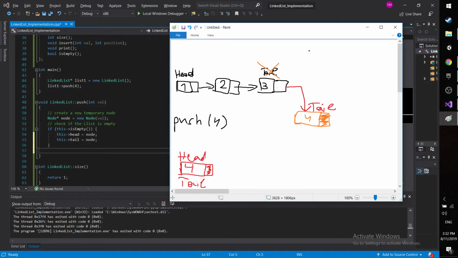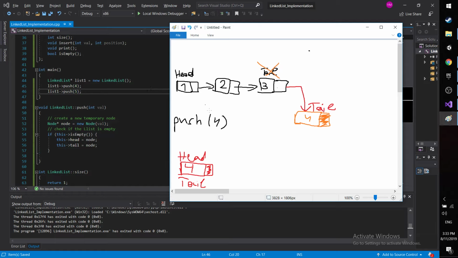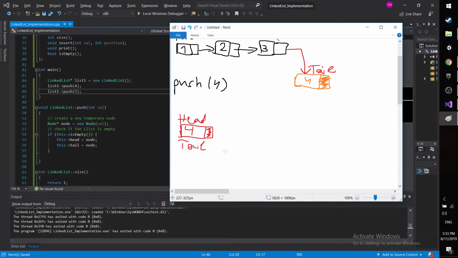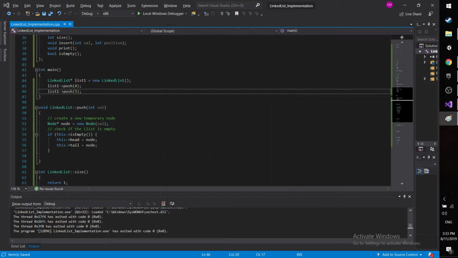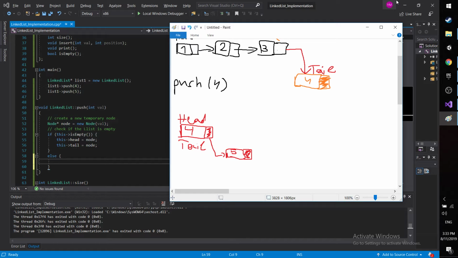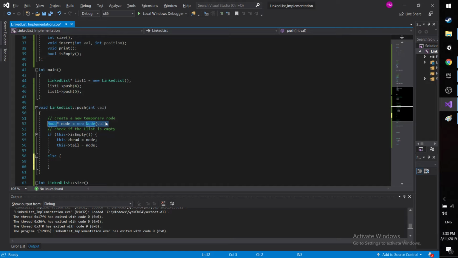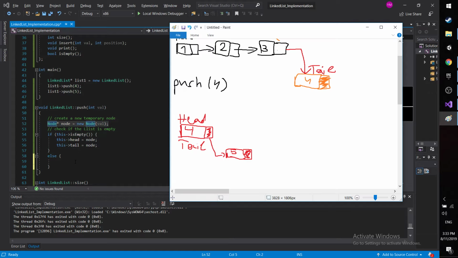Now, if we call list1 push 5, we want to make that, instead of pointing to nowhere, point to 5, and make 5 point to nowhere. So how do we do that? Well, since our list won't be empty anymore, we've got our node here, which will represent 5, and we want to make